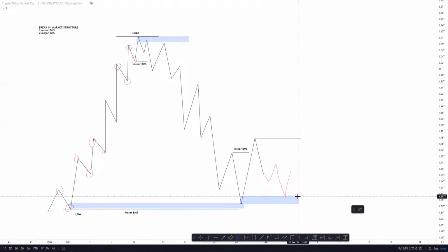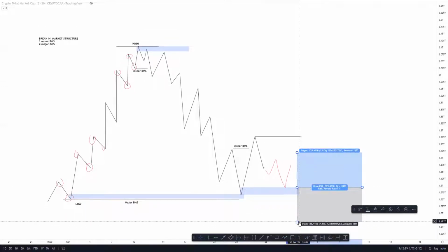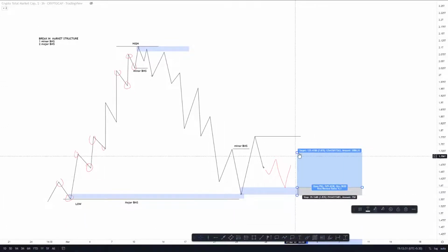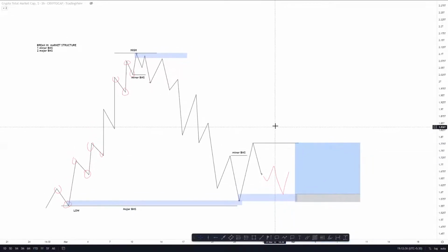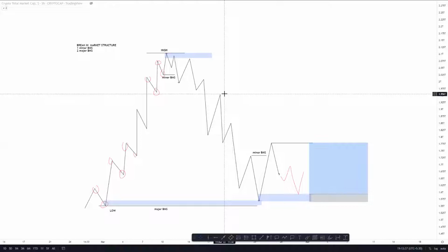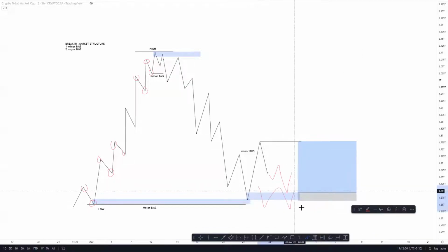I hope you guys are understanding what I'm trying to explain here. So this will be my target area. That's how I use minor BMS and major BMS structure. So the main reason for explaining things like this is, if price breaks out this last low,